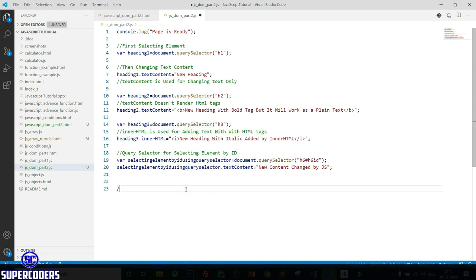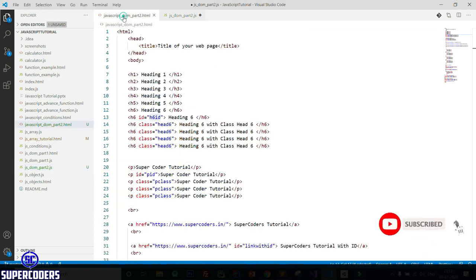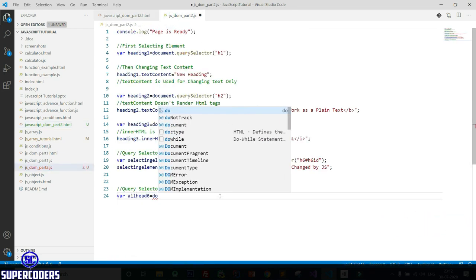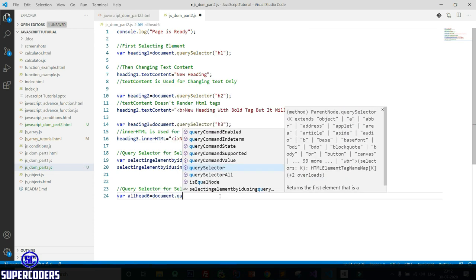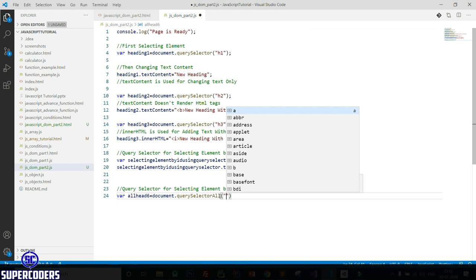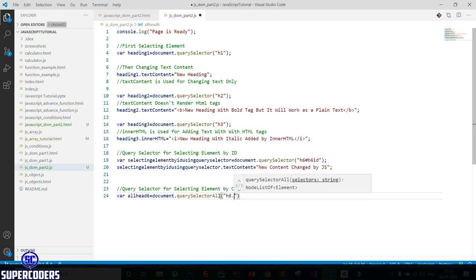So let's see, again giving a comment: querySelectorAll for selecting elements by class, then again const allHead6 equal to document.querySelectorAll, then pass here h6 dot, then pass the class.